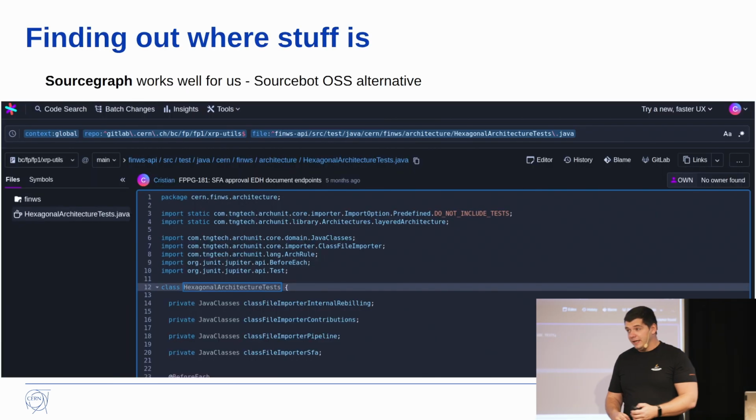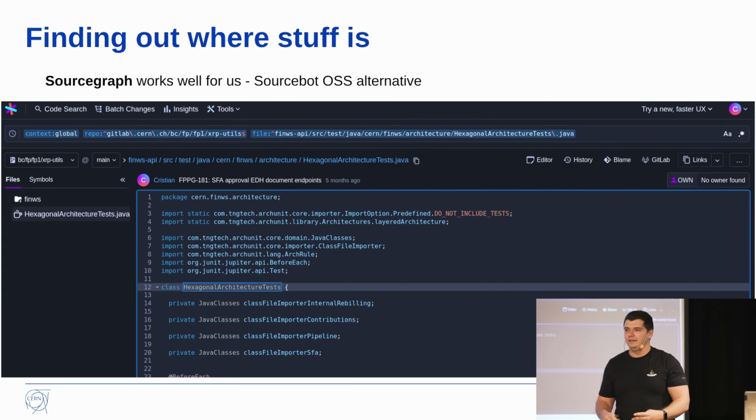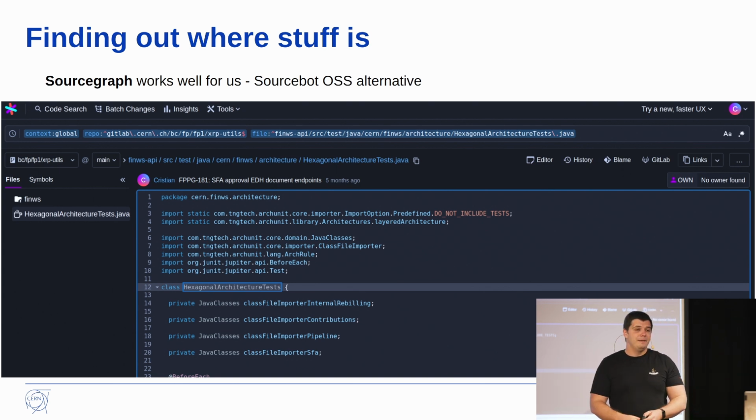Another very important thing is maybe you need to find out where things are. Maybe you have a huge tree of projects, right? Lots of subgroups and all that. Since we're using GitLab, they are working on a better search system, but if you're using GitLab, the search is not that great, right? It's a bit crappy, especially when you search for something very specific, it's going to take a long time to find it. Maybe you want to search on a certain branch or a certain commit hash or God knows what. Well,